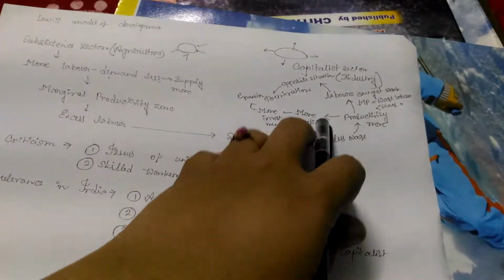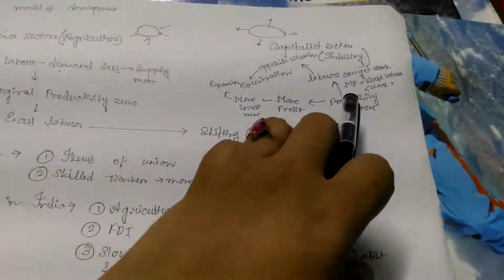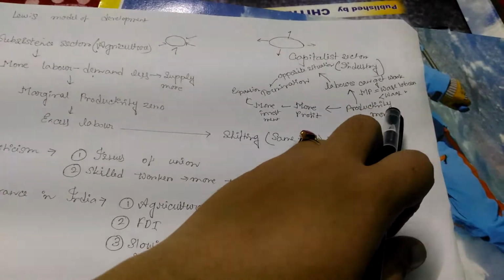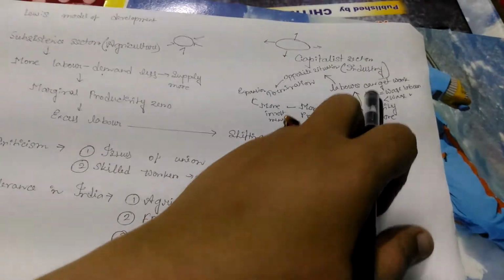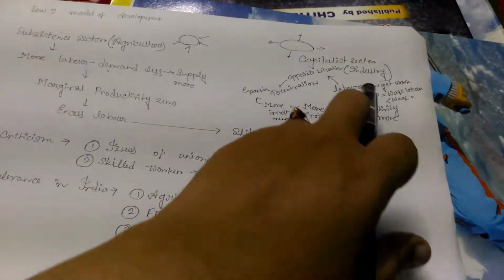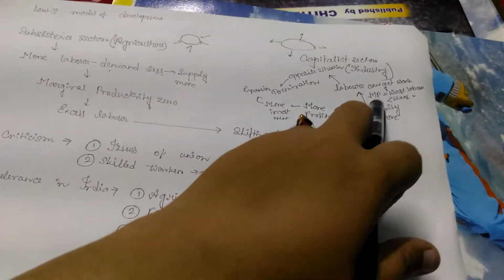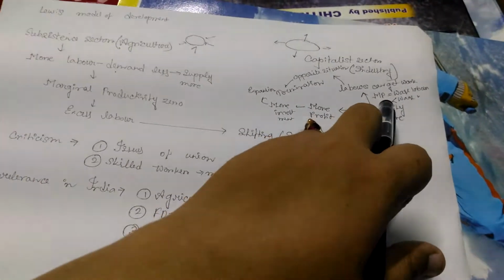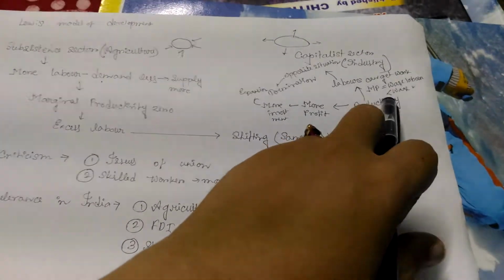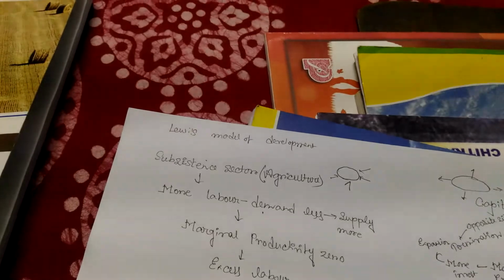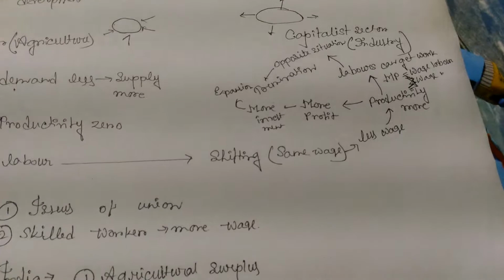And the thing that happens is that labor is hired until their marginal productivity is equal to their wage, or less than their wage. Until this situation was there, labor has been hired from this sector to that sector. If the marginal productivity is equal to the wage of the labor, or it is greater than the wage of the labor, at that time people are ready to hire labor in a greater number.